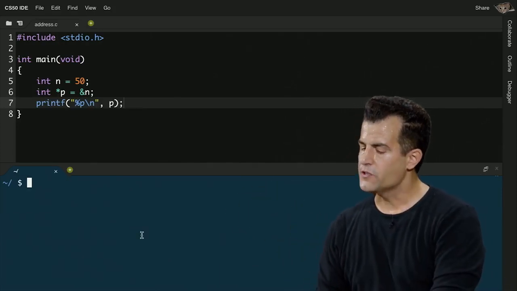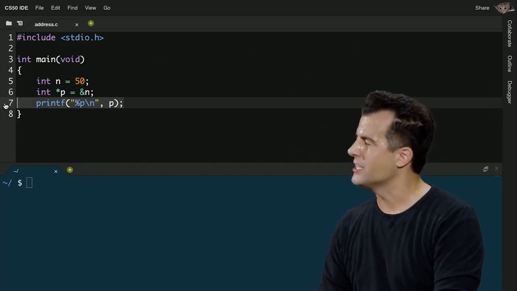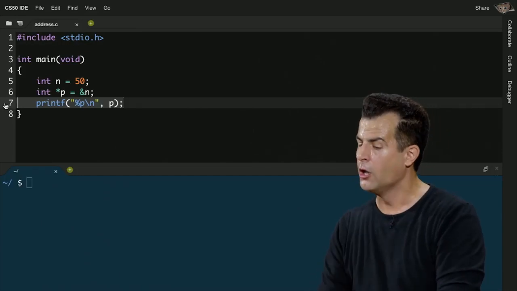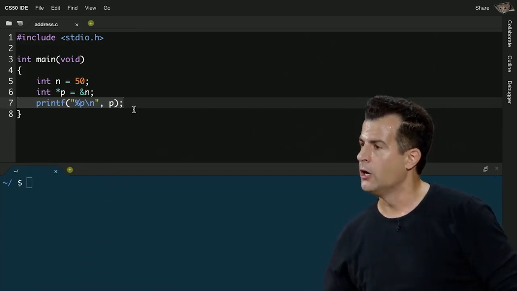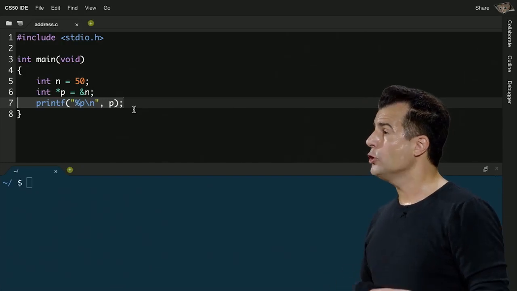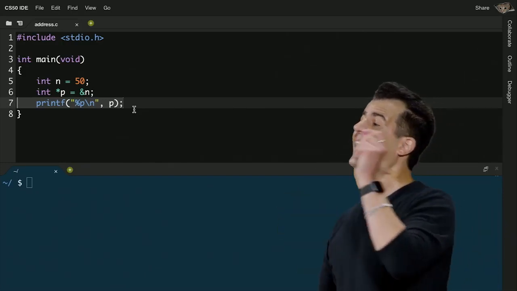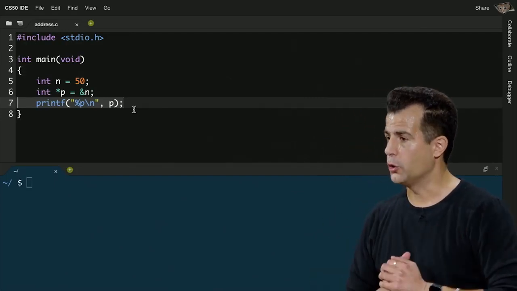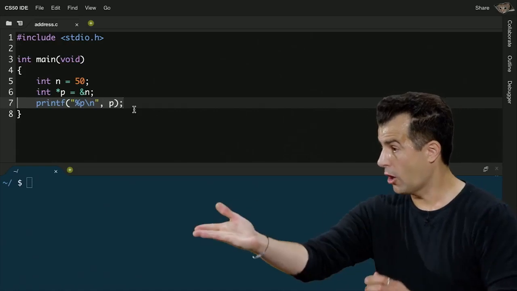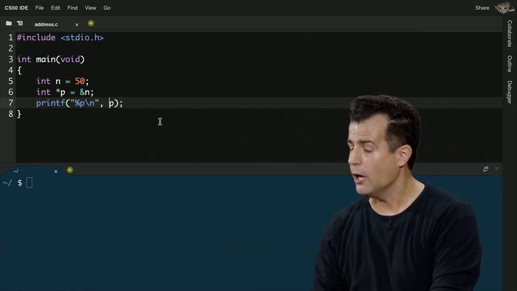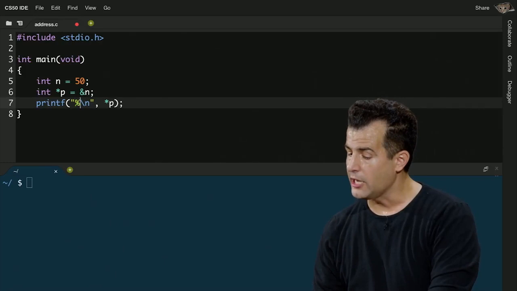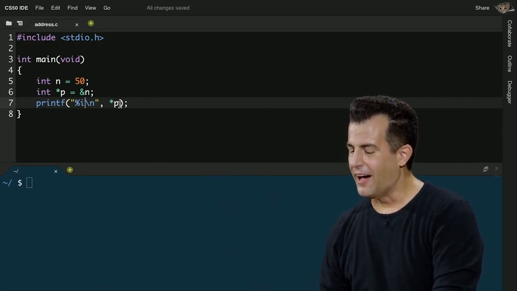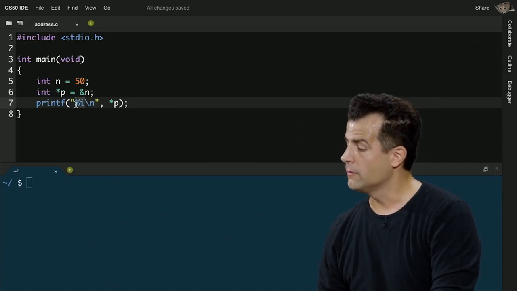What if, though, just for the sake of demonstration, I didn't want to print out the address, because rarely after today are we going to care about the specific addresses where things are. How could I change line 7 here to print out not the value of p, but what is at the location p? How do I go to the location in p? OK, star p I heard. So instead of printing p itself, I say star p. I change the format code just to be an int. OK, Siri's starting to be helpful here. But now I'm saying, go ahead and print me an integer.